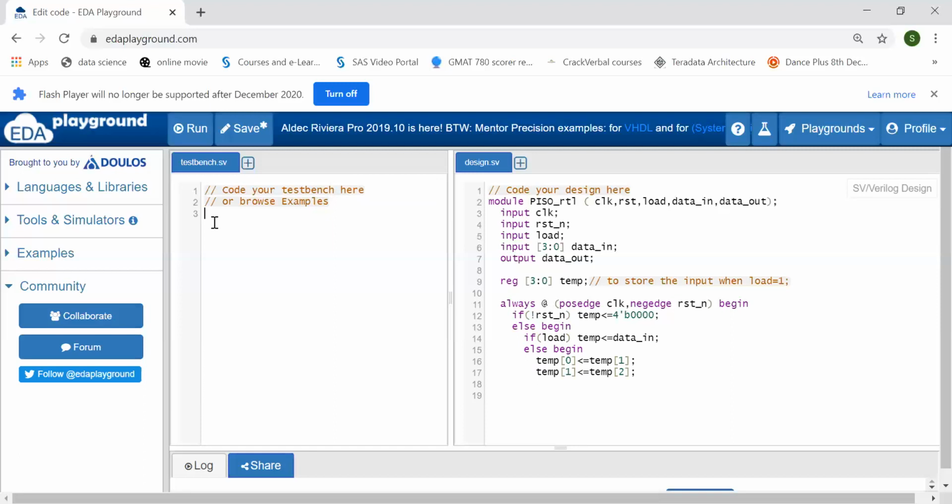Let my signal be 1, 0, 1, 1. So this will be my output. This signal will come here, this signal will come here, and this signal will come here. So whatever the temp 1 value is, that is assigned to temp 0. Whatever the temp 2 value is, that is assigned to temp 1. Whatever the temp 3 value is, that is assigned to temp 2.